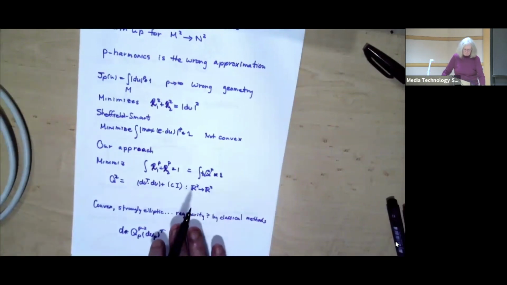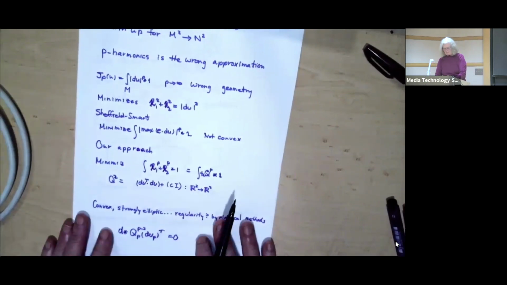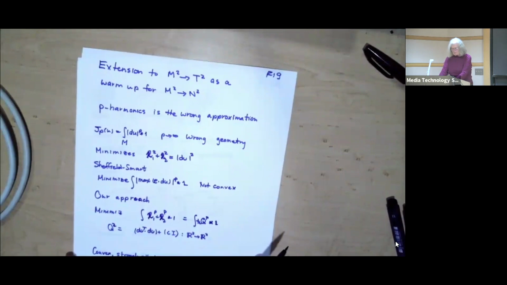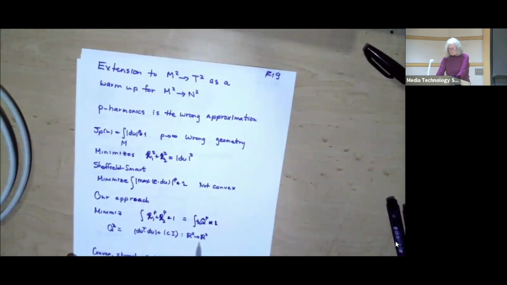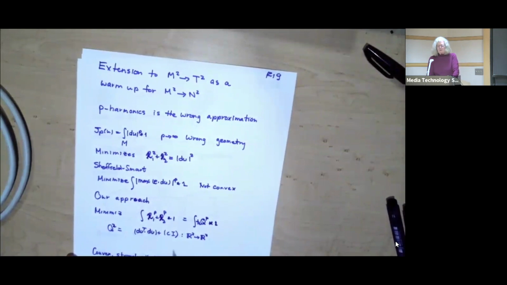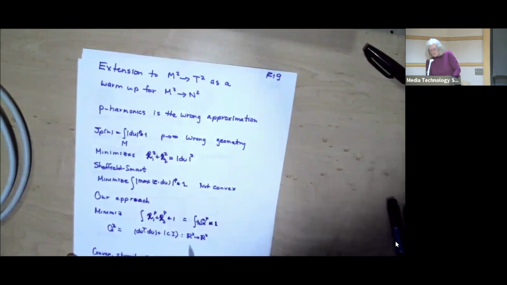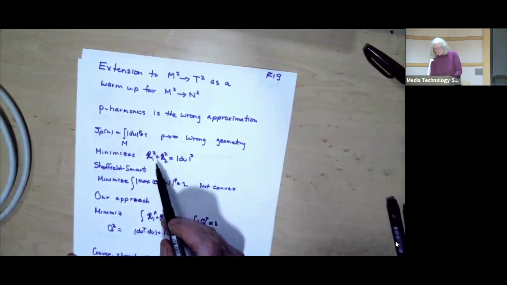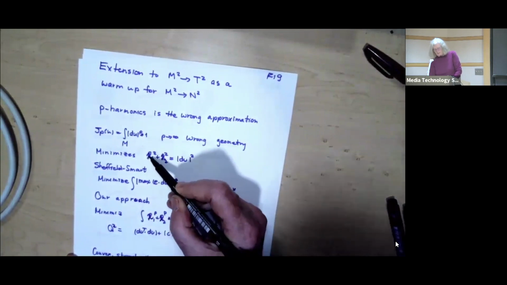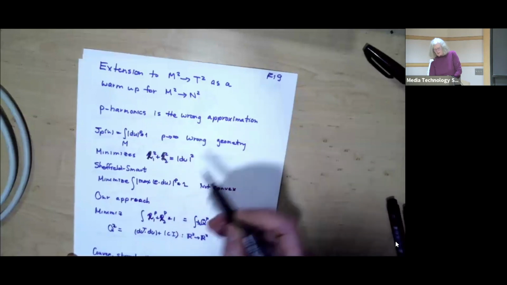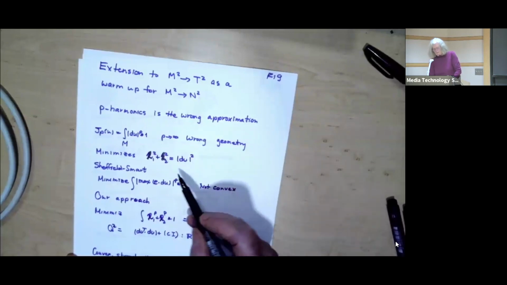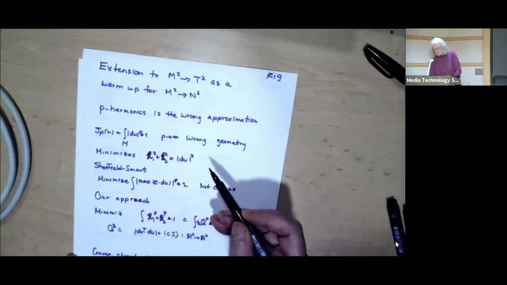But that's okay. So I did get to spend 5 minutes anyway. So this was a warm-up for maps from M2 to N2. And the first observation is p-harmonic is a long approximation. This doesn't take you long to see, but it's useful for thinking about the analysis of the question. That is, this minimizes the sum of the two eigenvalues of du. And you want to minimize the maximum of the